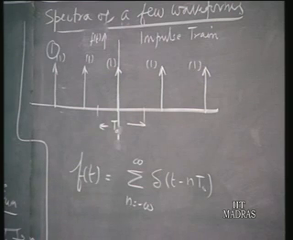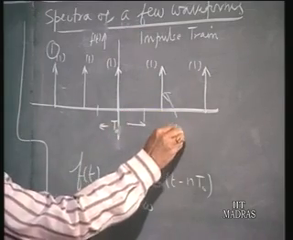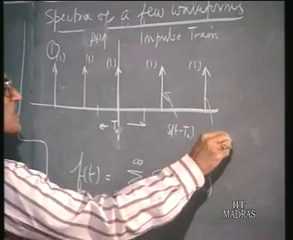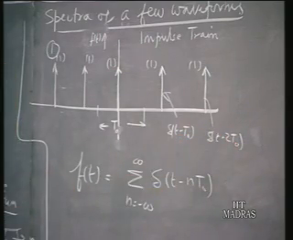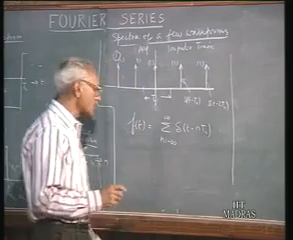So for each value of n there is an impulse. At 0 this is the impulse, when n equals 1 this is after all delta t minus t naught, and this is delta t minus 2 t naught, and so on. So all these impulses go together to constitute this f of t. Now what is the Fourier spectrum for this? So you have to find out the Fourier coefficients to start with, and this can be done with surprising ease,